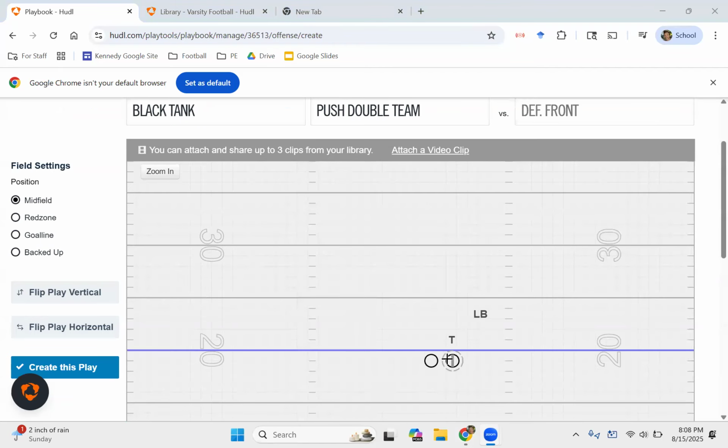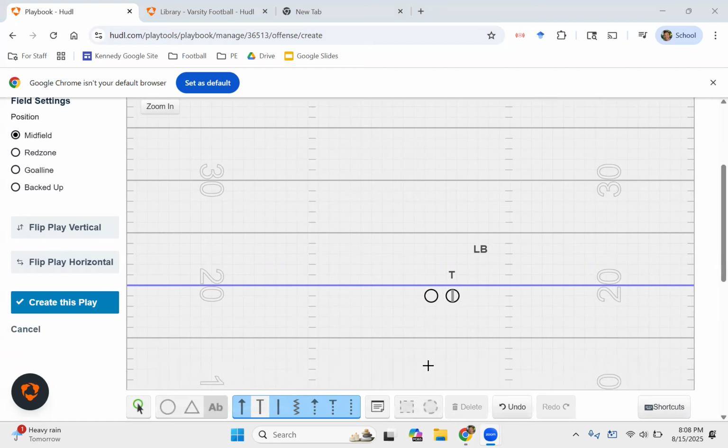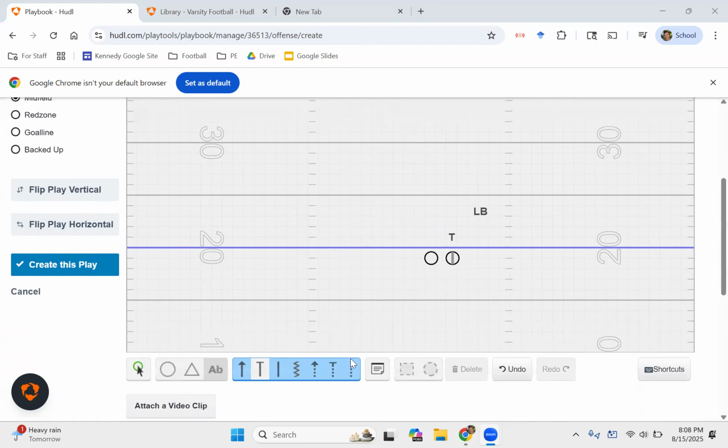Hey Hogs, this is going to be a quick video because it's something we haven't had a chance to talk about yet, but I just want to take some time to talk about it here because of our offensive practice, and I want to talk about double team scenarios and what we do in each scenario. Before I get to that,